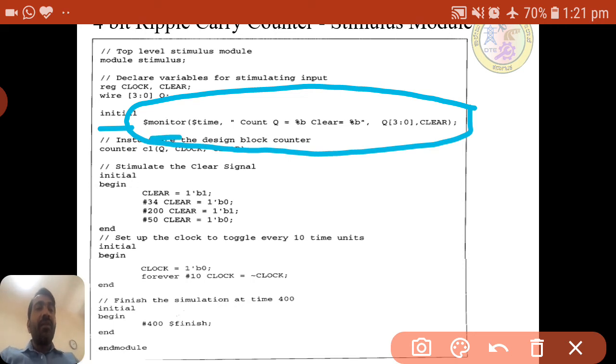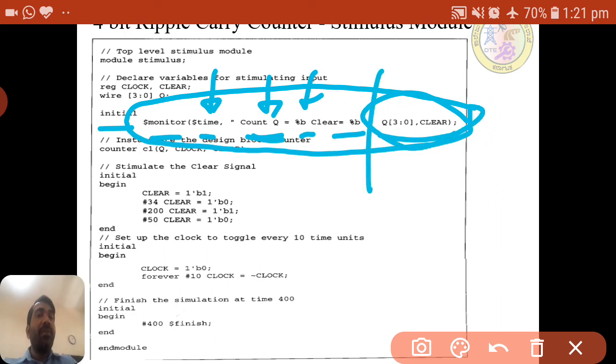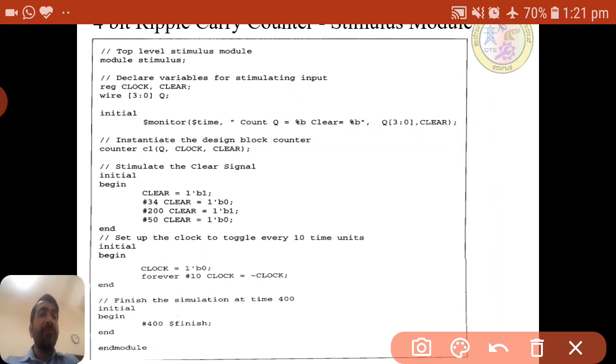So $monitor the time and count means we are continuously monitoring the count value, that is the output, with respect to time. $time is again a keyword which will display the present simulation time. Count is a variable that we display in binary format, and we are also displaying clear. That is the variables here, Q 4 bits and clear.